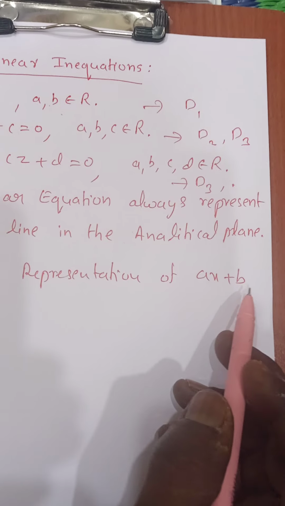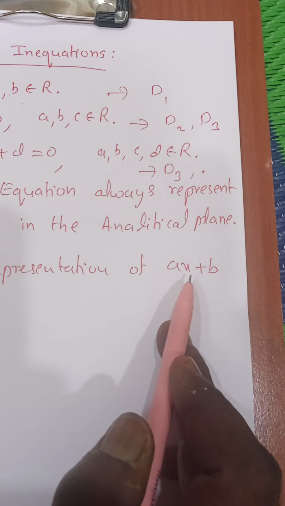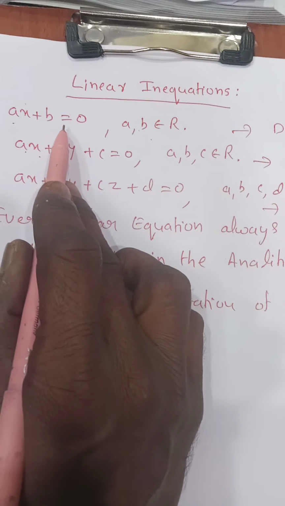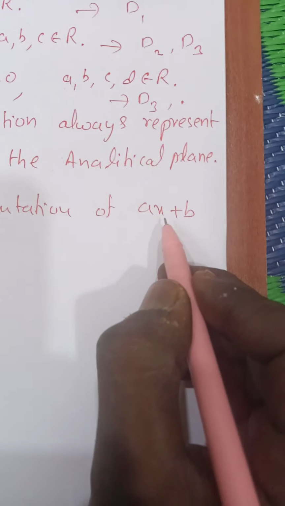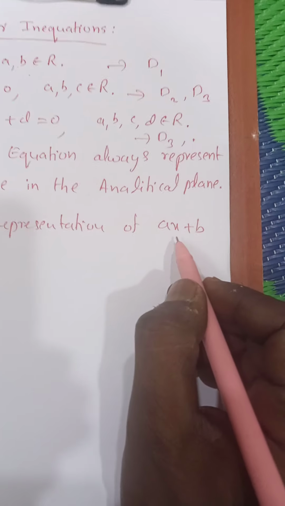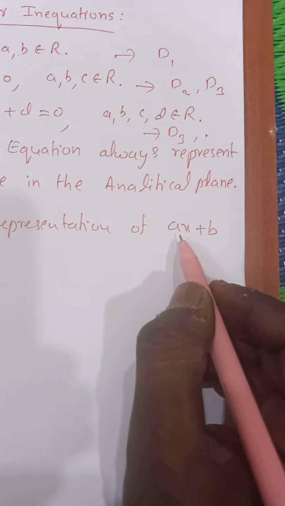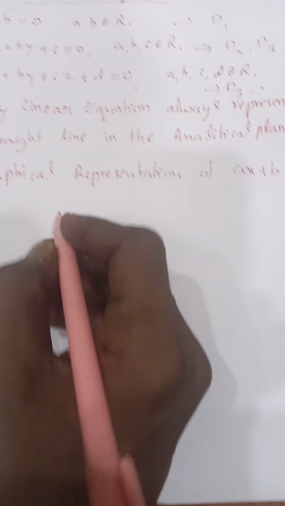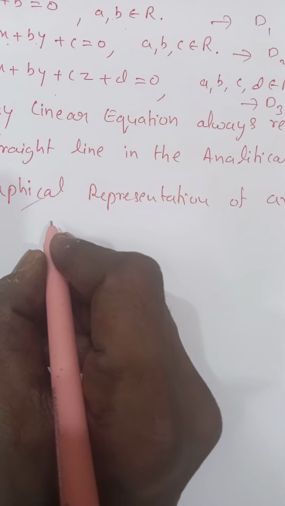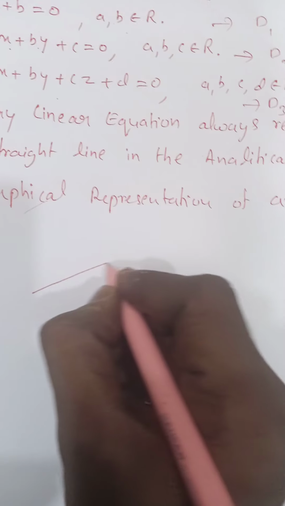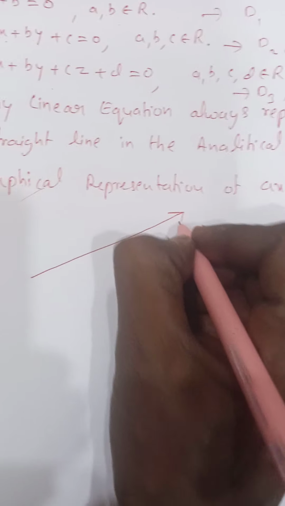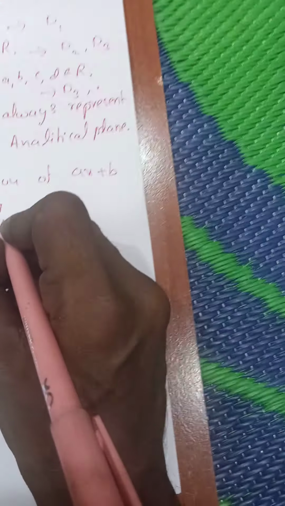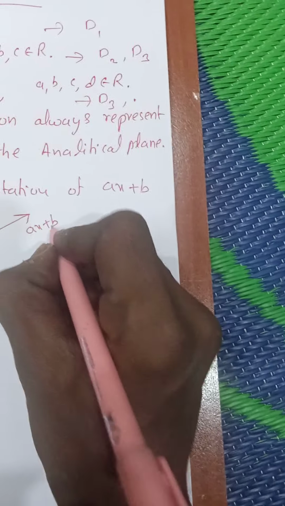If any mathematical statement involves real numbers as well as a variable with an equality sign, we call it an equation. But here no equality sign is used. That's why it is only a polynomial. Since its degree is 1, we call it a linear polynomial. If you draw the graph of a linear polynomial, as I said already, it always looks like a straight line. So the graph of ax plus b is always a straight line.